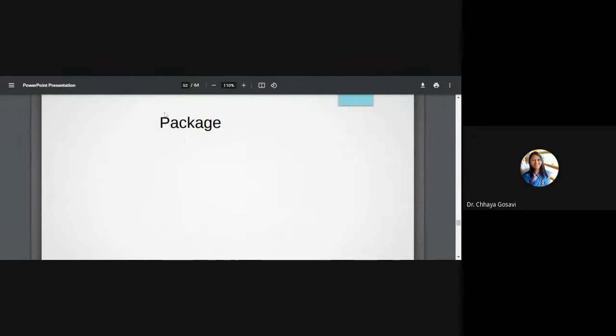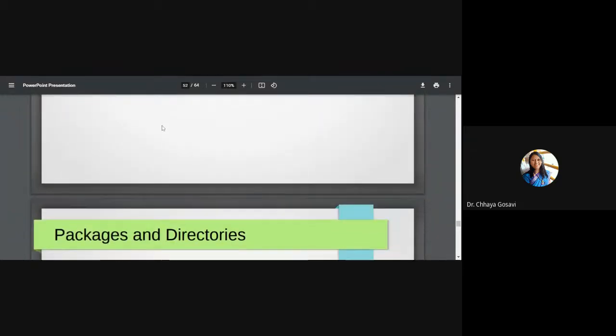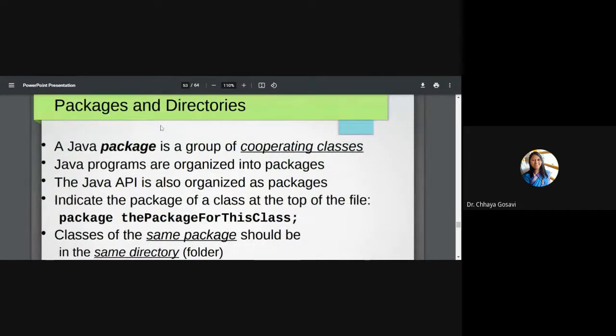About package. How many of you are using Eclipse or NetBeans? IDE for assignments. Eclipse, or sometimes the online GDB. Okay.